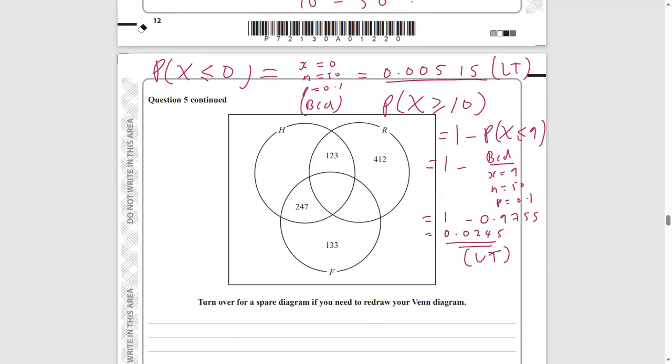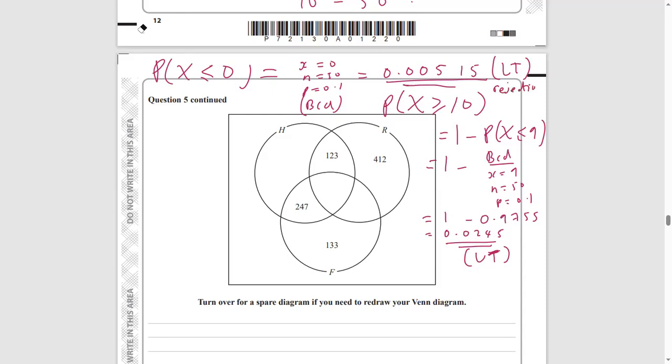So we've got a 0.5% chance of rejecting in the lower tail. That would be your lower tail probability. And we've got a 0.0245 probability, so a 2.45% chance of rejecting H0 in the upper tail of the distribution there. So hopefully that makes sense. What you would write down is, this is the probability of rejection in the lower tail. So lower tail